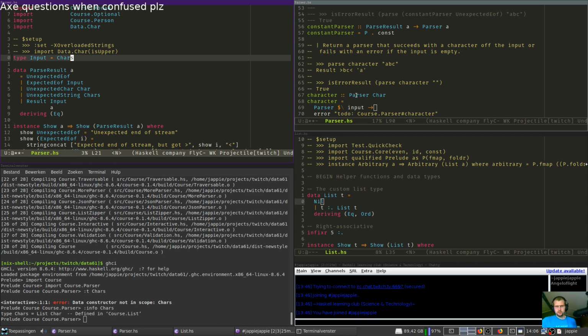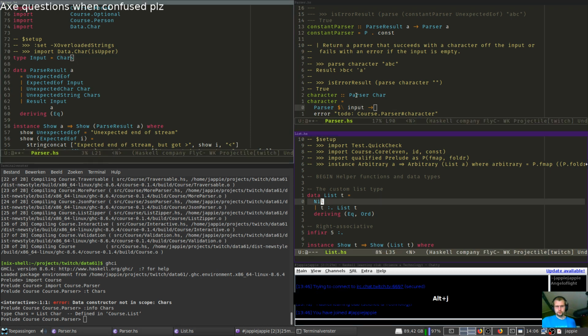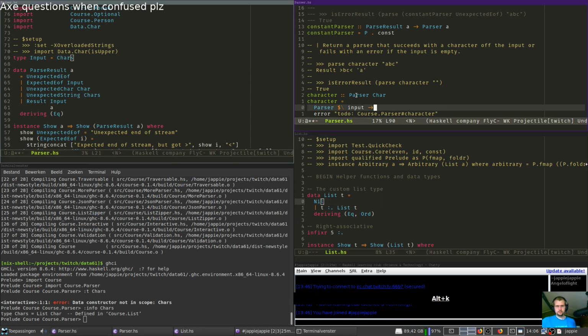A parser that succeeds with a character of the input, or fails with an error if the input is empty. We can just pattern match on this, right? We can just do a crappy if. Lambda case.